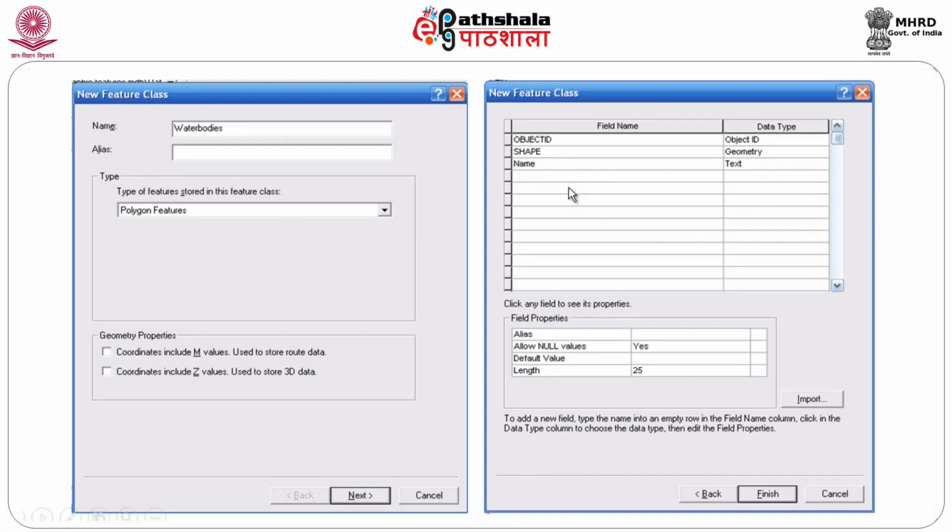A name of the place, it could be name. If I say name, it could be a text field. If it is going to be length, I am going to have it as a float or anything. But please remember not to use names directly like length, area. It will not accept them, so you say area underscore square kilometer, something like that. Otherwise, it will not accept the area. So, there are some bits and bits which you can learn over experience.